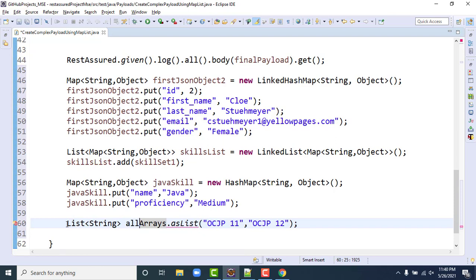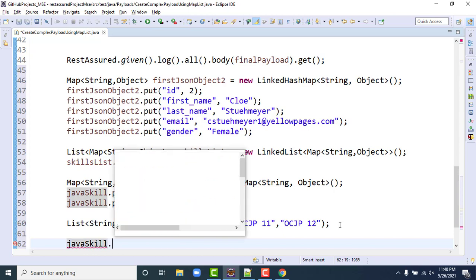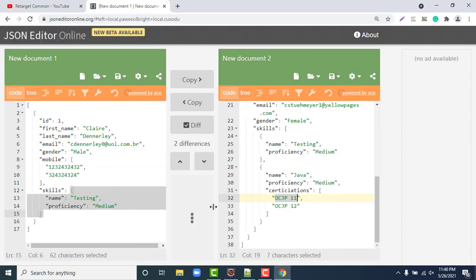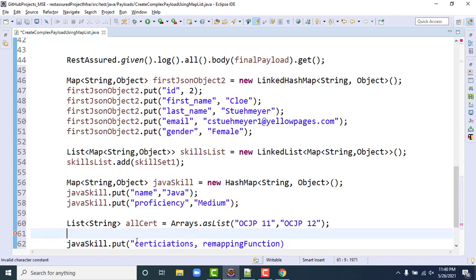I'm giving some small name, allCertifications. And this list will be added to Java skill. Okay, put. So what is the key? The key will be certifications, and value will be this allCert.